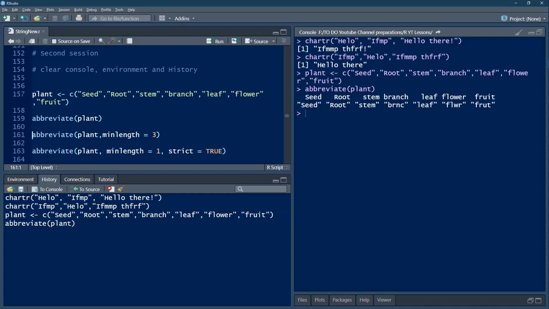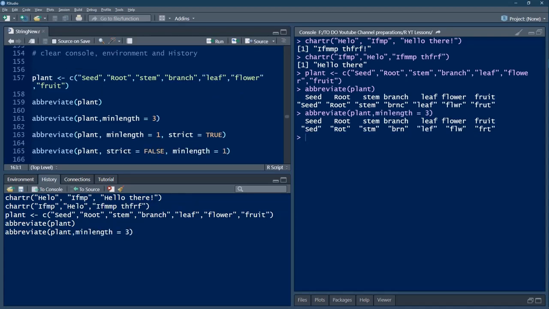In the case of branch, the abbreviation is required because it has more than 4 characters. Let us see again with another argument, abbreviate with minimum length as 3. In this case, only 3 letters are taken and the abbreviation is formed.